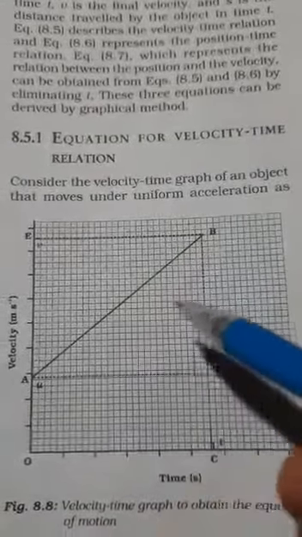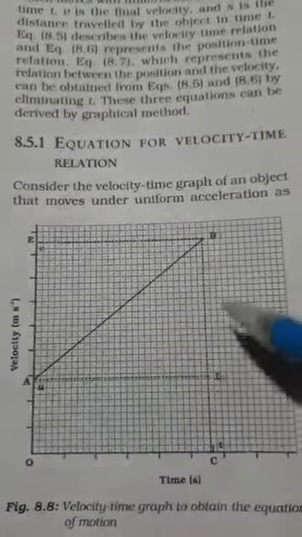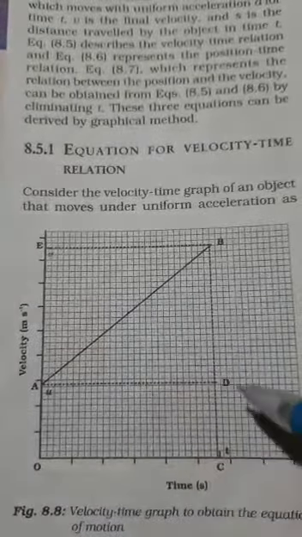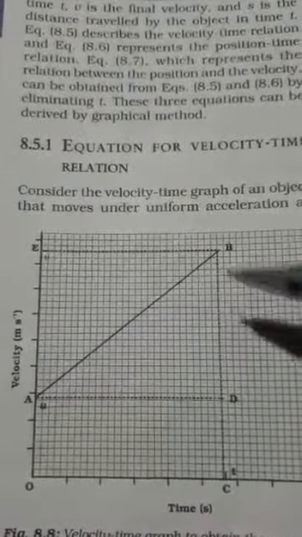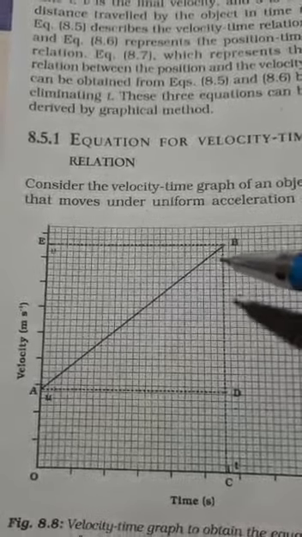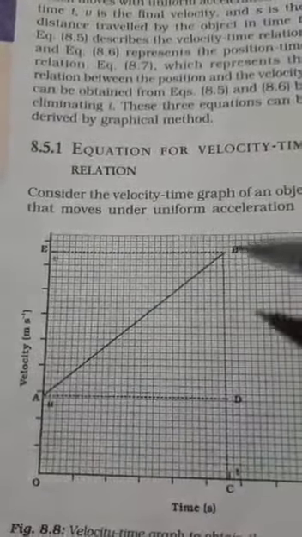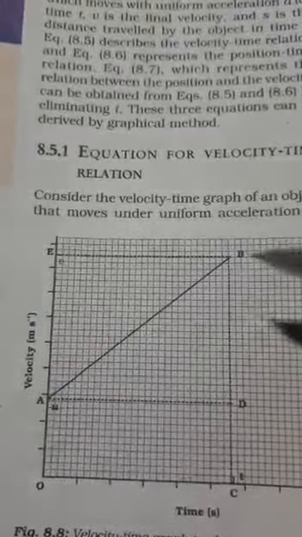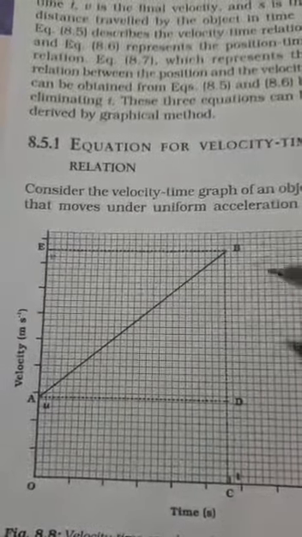In the second equation, we found the area by taking this trapezium in two parts, that is a triangle and a rectangle. Now in this part we will find the area by using the formula of the trapezium. See, this is the trapezium formed. Now this is the base B1 and this is the base B2. The parallel sides are always the bases of the trapezium. You must be knowing this.